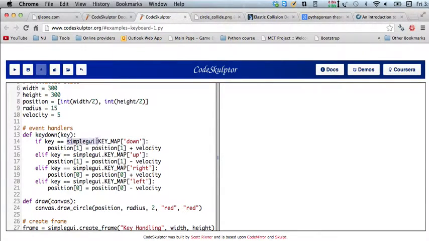But anyway, all you have to remember is if you want to compare something to the down arrow key and see if it is the down arrow key, you say simple GUI dot KEY_MAP, with key map in all caps, and there's this underscore, and then say down. So if